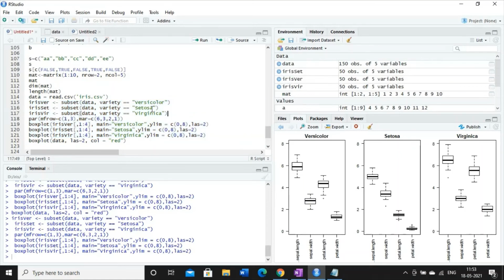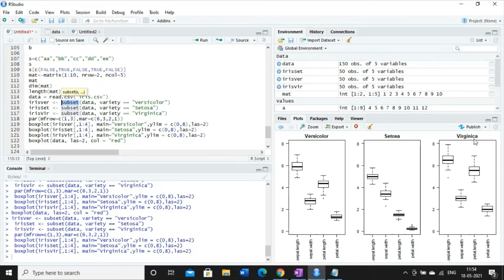Now try to decode the meaning of this combinational plot. We know the meaning of the subset function. In the previous class, I explained that subset means I am extracting some portion of the dataset. Why do we need to extract this?